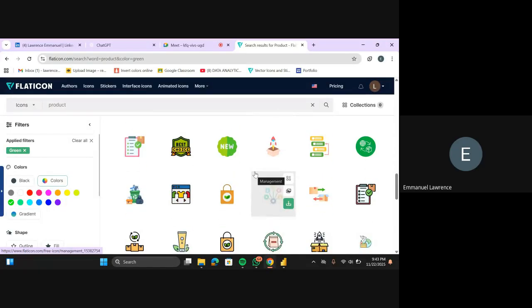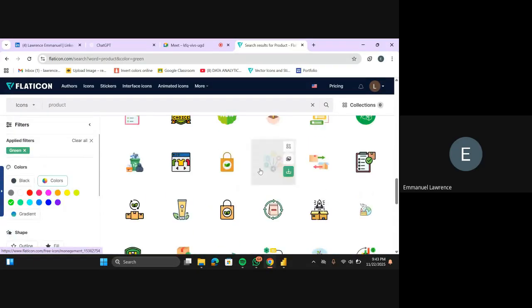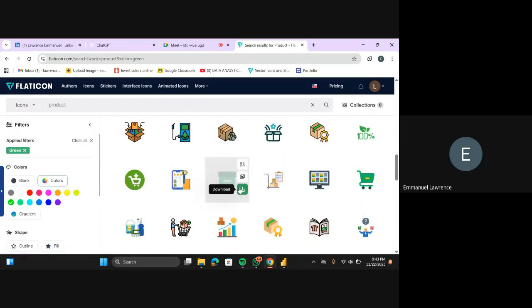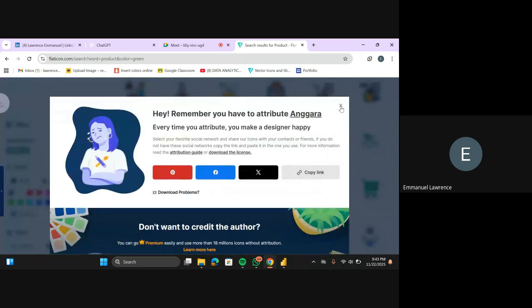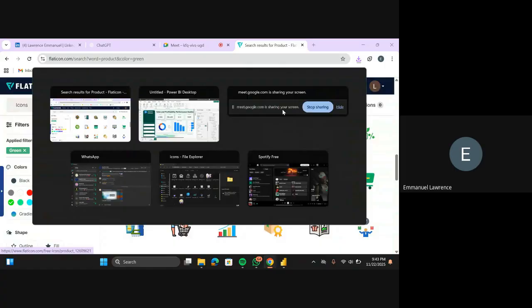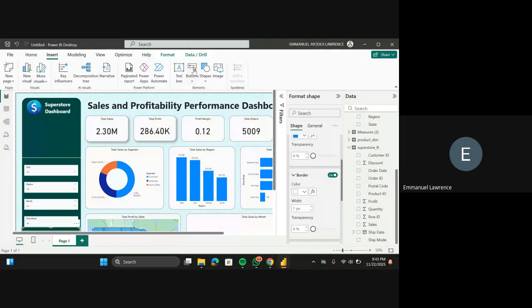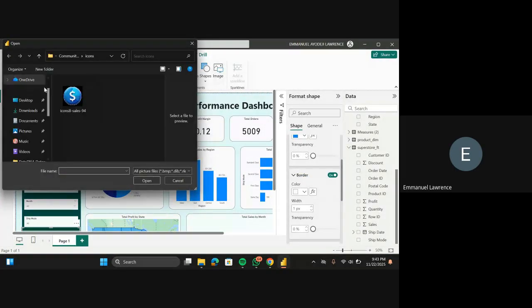Okay, because of our time, just look for any nice picture you're seeing here, but let me just use this for now. I'm going to download the PNG pre-download. So I'm downloading. You have to register on this site before you can download anything. I think it has a limit, I think 100 images per day, and I think that's enough. Come to my image here. I'm going to be inserting.